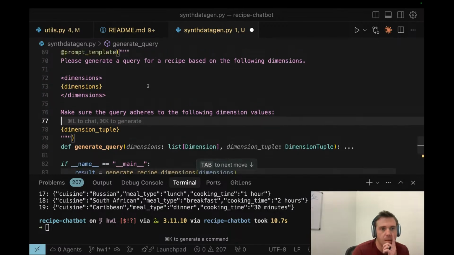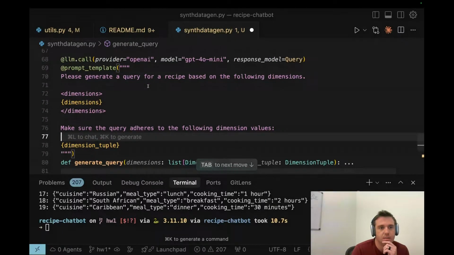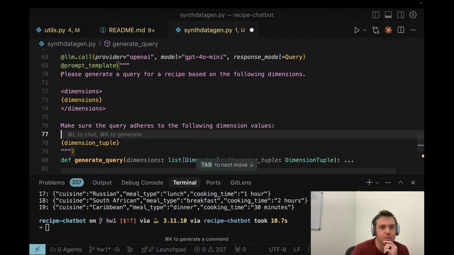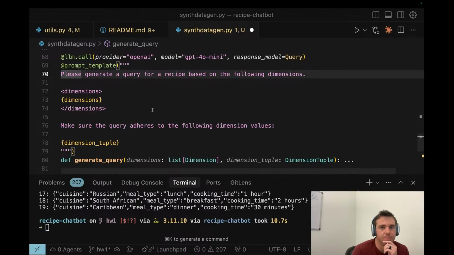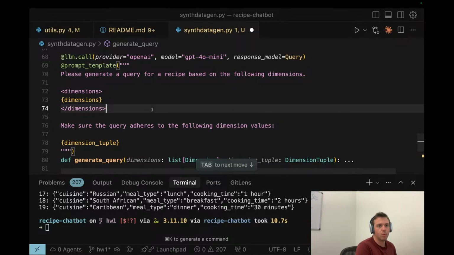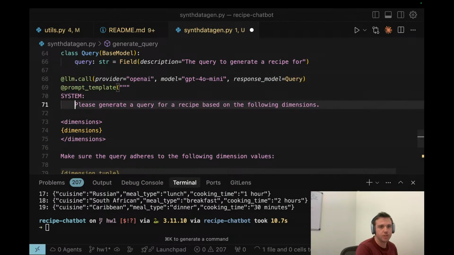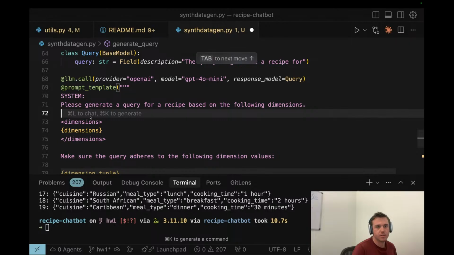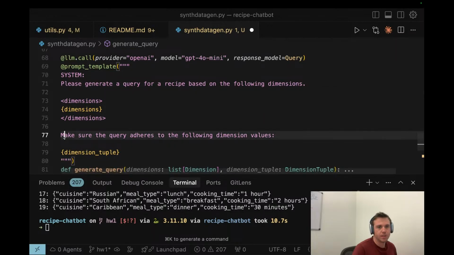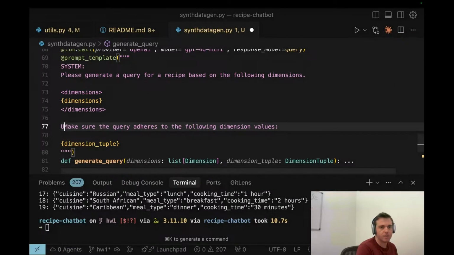Cool. And so this is a case where we probably want to have a separate system and user prompt. So I would probably do this system, and then here